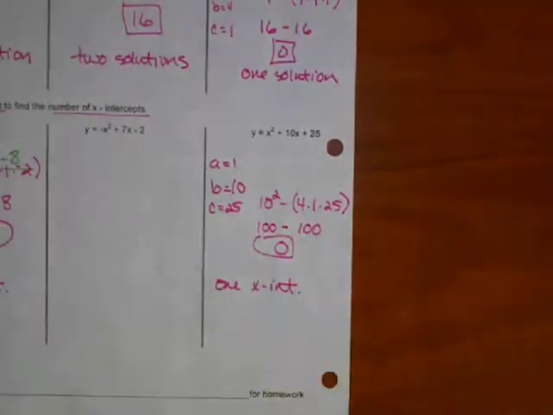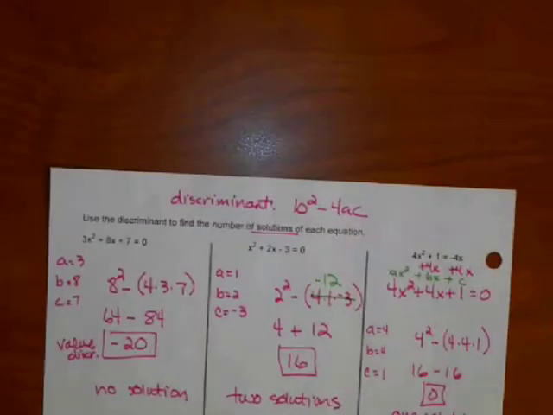So what part of the quadratic formula is the discriminant? b squared minus 4ac. Okay? So that's all you're going to do is you're going to